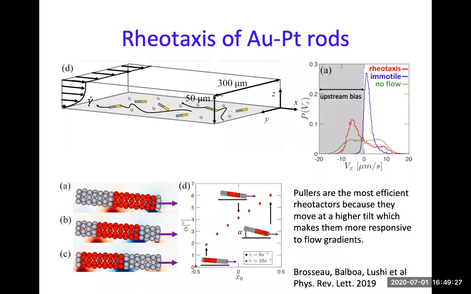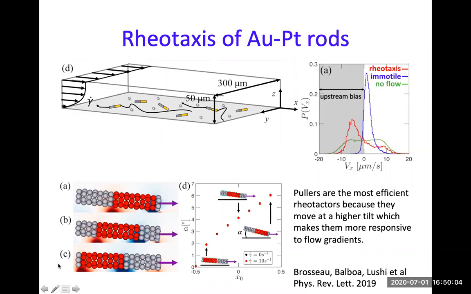And we looked at rheotaxis. So what is rheotaxis? Biological swimmers do it, bacteria, spermatozoa. It's essentially swimming upstream along a wall, right? So you have confinement, a wall, and swimmers and fluid flow, some shear flow, and the swimmers swim against this flow. If you have no flow, you can have swimmers of equal probability, front and back. If the swimmers are immotile, they will just be pushed back by this flow. Like you can see in this figure here, they're pushed back by the flow.